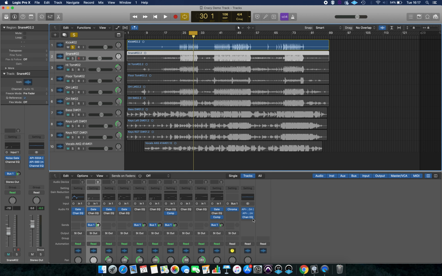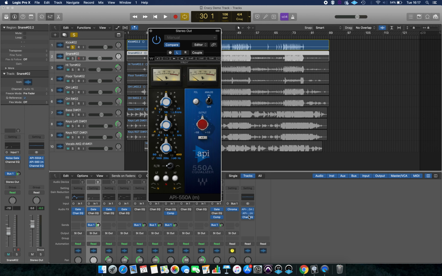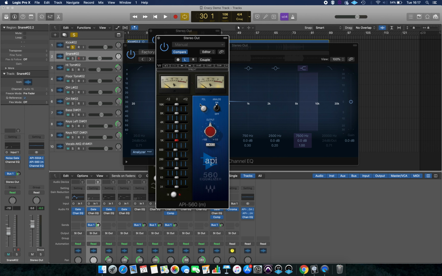Then finally we have our graphic EQ, which will be this one. As you can see on the graphic EQ, very similar again. The only thing we have are these little dials which move up and down over the frequency ranges, and these affect certain frequencies and use a very narrow width. So to give a graphic representation of this,